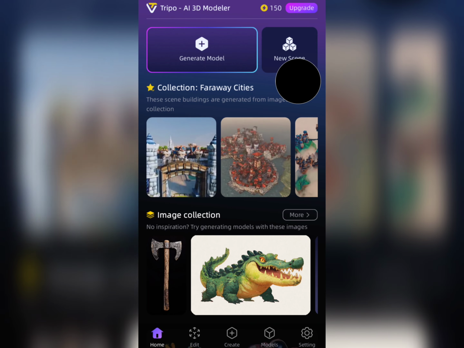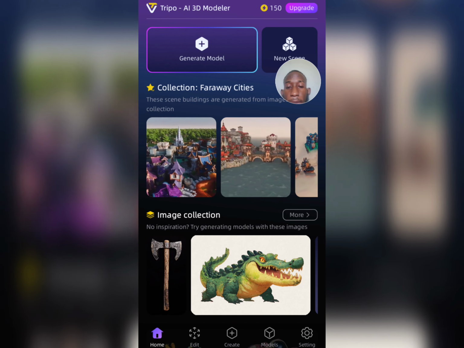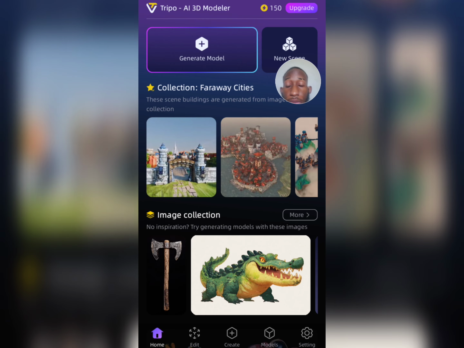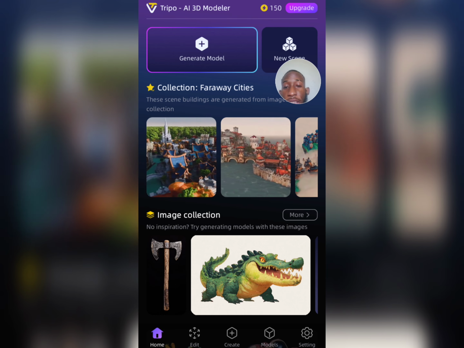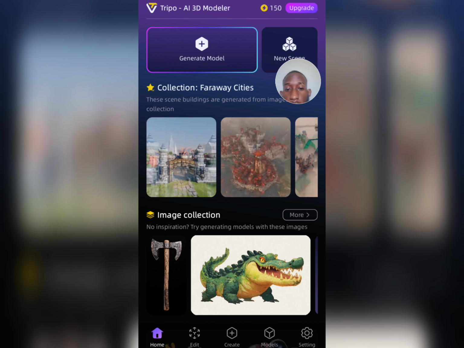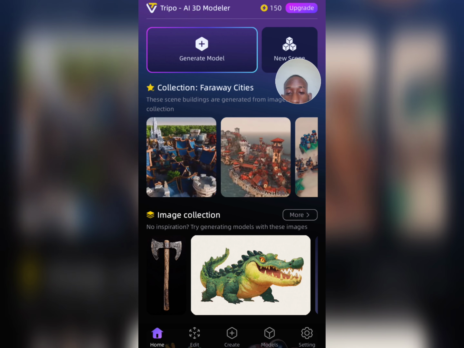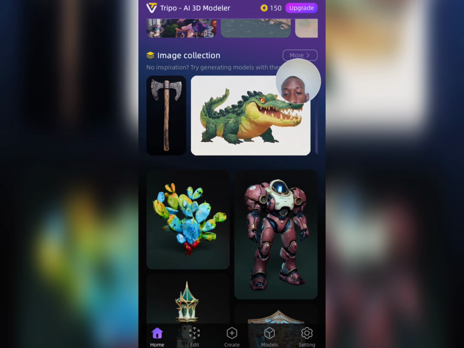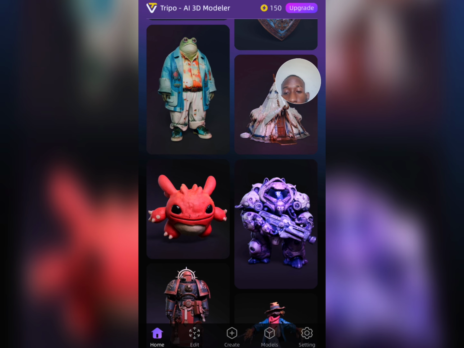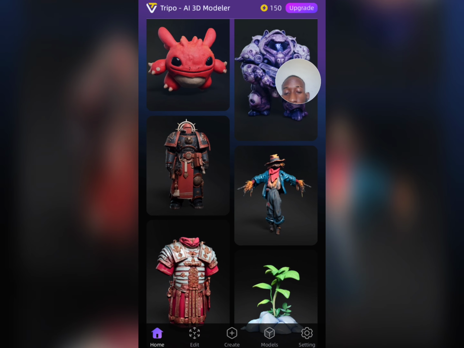You can see here, this is pretty much the home screen of the application, and here I'm going to show you how to use this application. So this application does pretty much help you create 3D images or 3D characters or 3D items, or, well, let's say games. So here you have a lot of templates which you can use to start creating something you have